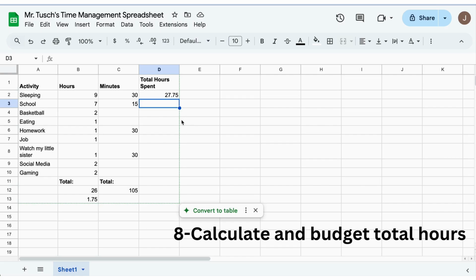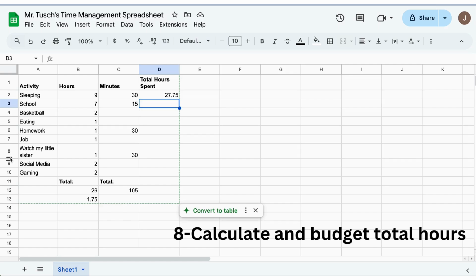So we probably want to make some adjustments to get that under 24 hours. Here's the magical part of it. I can change my estimates of times that I have for things. Now, you can only change the things that you can actually control. You can't, for example, as much as you might want to, say, I'm only going to go to school for 5 hours. Unfortunately, you have to be here for the 7 hours and 15 minutes. Your homework, you've got to do that, right?